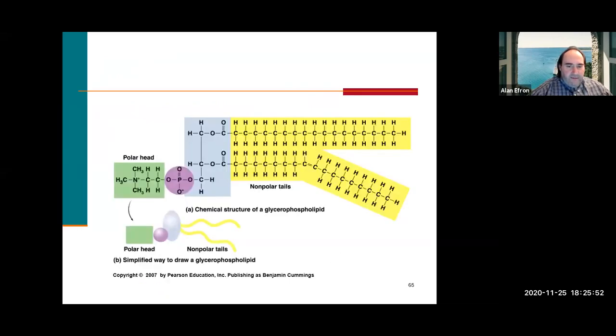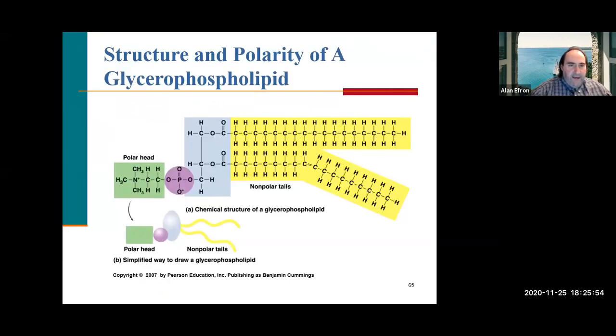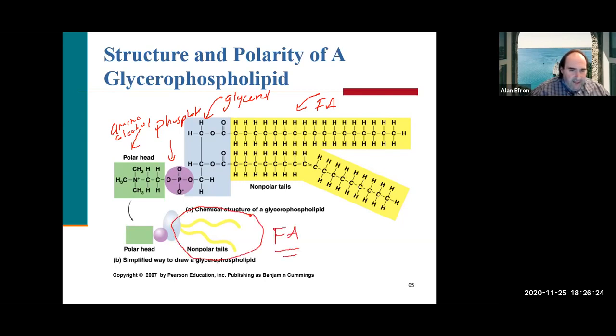So when we look at a glycerol phospholipid, it also has sort of 2 parts to it, if you will. Again, this is our fatty acids back here. So that's our fatty acid chain. This is basically our glycerol unit. This is our phosphate here. This is our amino alcohol. And kind of like soap, it also has 2 parts to it. So where our fatty acid part is, the nonpolar tail of it, and where our amino alcohol is,